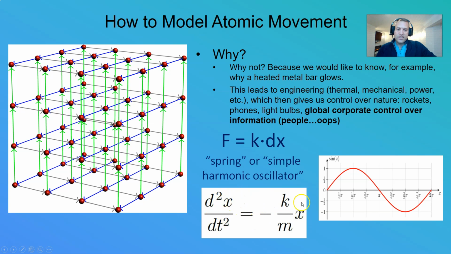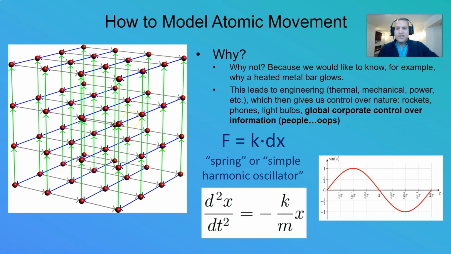Okay, so the solution to the harmonic oscillator looks like this. This is the differential equation for it, which you can solve, and the solution is actually simply a sine wave. So that would be for a single atom, but of course we have a whole series of atoms, and so you get sine waves built up on sine waves, because not only is this atom experiencing the force from this one beside it, it's also experiencing force from this one and this one and this one and to the side and up and down. And so there's a whole series of forces that are actually acting on this. And they add up in superposition simply because you have to add up all those forces.